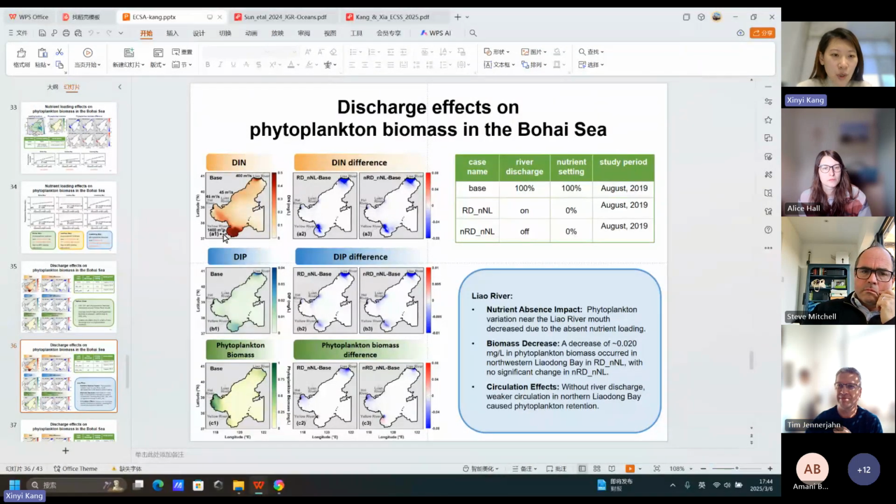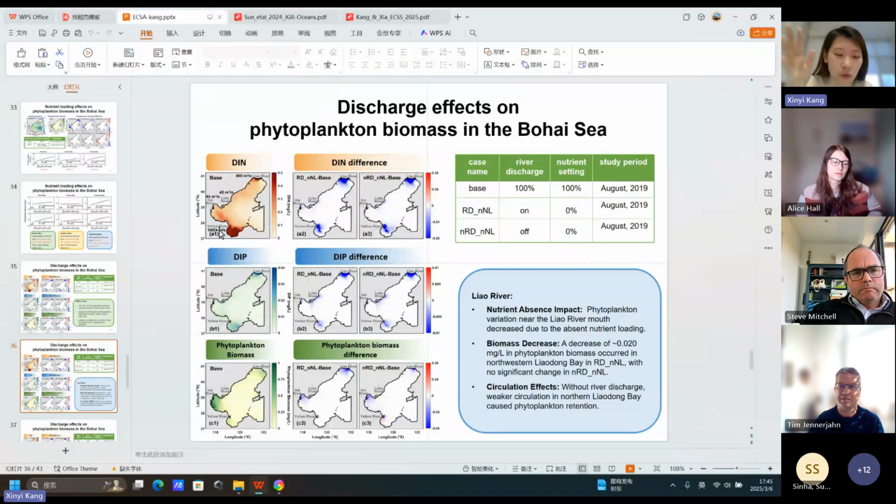I think normally for hydrodynamic setting in the Bohai Sea, we only choose 4 major rivers: Yellow River, Hai River, Luan River, and the Liao River. And normally, Yellow River shows the largest river flux, which can reach at least more than 1,000 at the peak. But as I mentioned, there are some reservoir applications for the Yellow River, so human activities have a strong influence on the river flux.